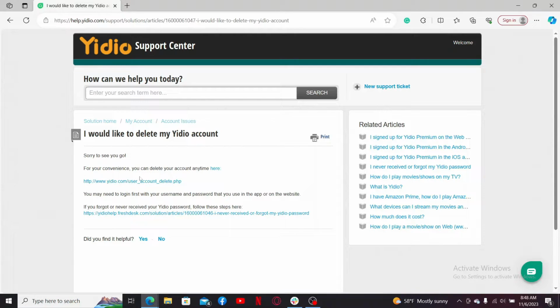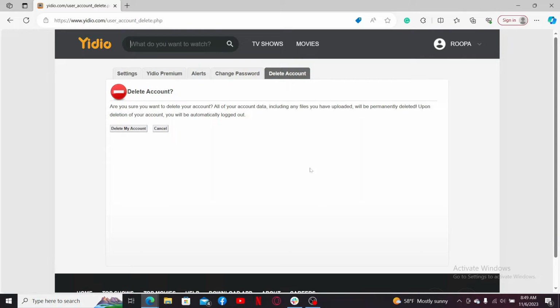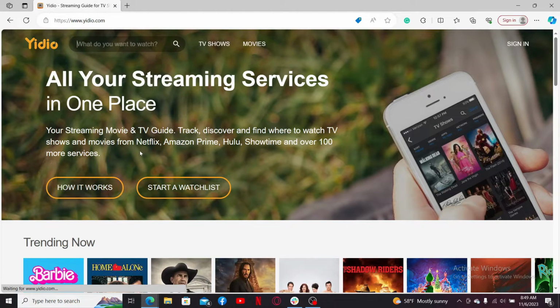Before deleting your Yidio account, once you end up in this page, go ahead and click on this link where it says, for your convenience, you can delete your account anytime here. Simply click on the link provided and on the next page, click on delete my account. Remember that deleting your account will delete any files you've uploaded and you will be logged out of the system. So click on delete my account if you wish to continue deleting your account,